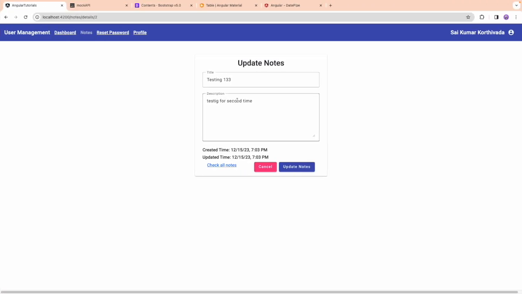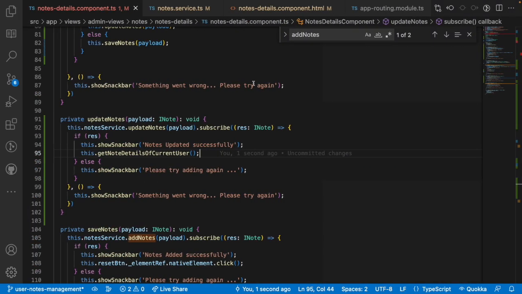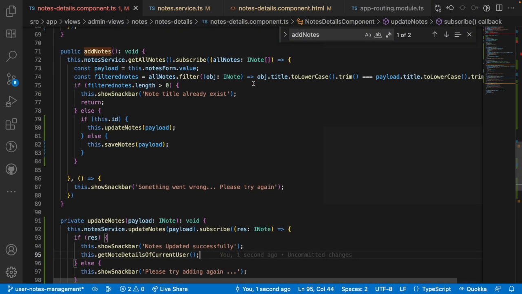Let me go here and just make it as second time, or just make it as testing updated, and click on update nodes. You can see node title already exists. Okay, in this case we should not check the node title existence. So that is the problem over here. We should never check the node's title. Why? Because the node title can be the same because we are updating it,